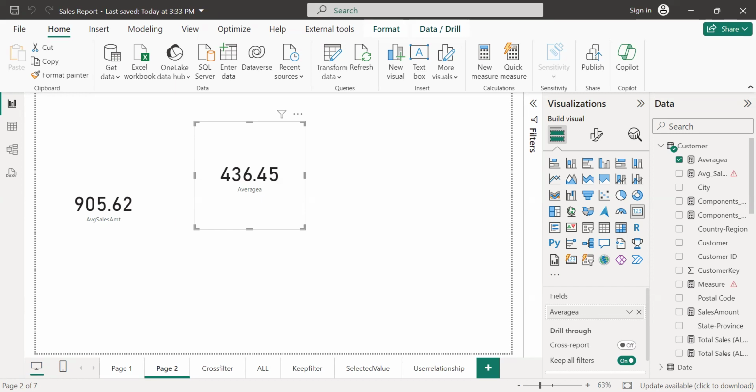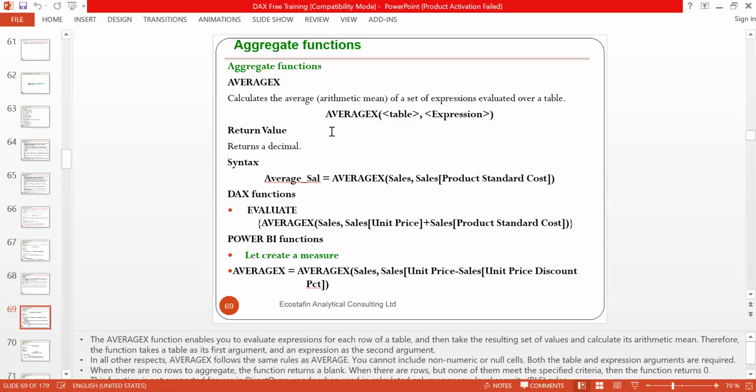Also, there's another function known as the AVERAGEX function. The AVERAGEX function in DAX is the average function that ends with X. Whenever I see a function in DAX that ends with X, know that that particular function in DAX